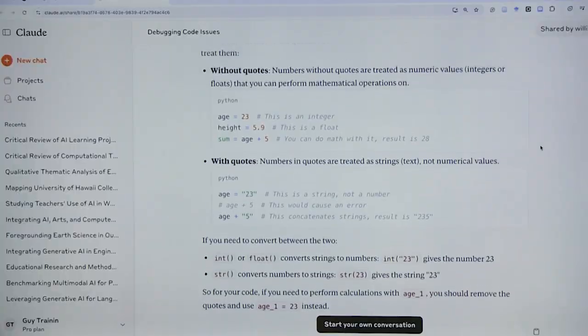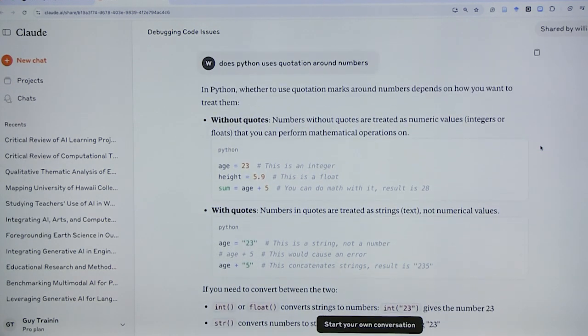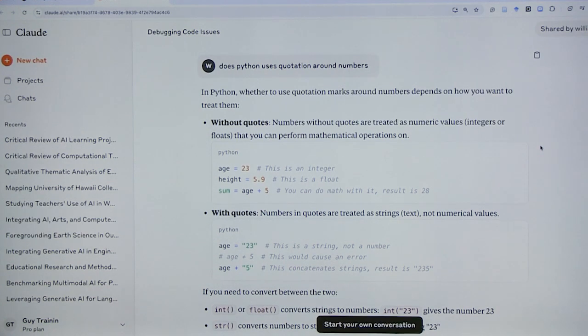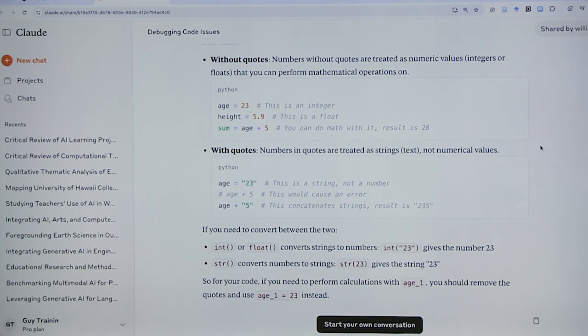So what's the next thing? These are the few codes that I provided, but you can add a long string of code for it to debug and find the errors for you. And you can do this as an assessment for your students in the classroom. You give them a list of codes, let's say 1 to 10, with errors, and they will debug them and find the errors themselves. They will also learn something from the result and the explanations in the solution that Claude provides.